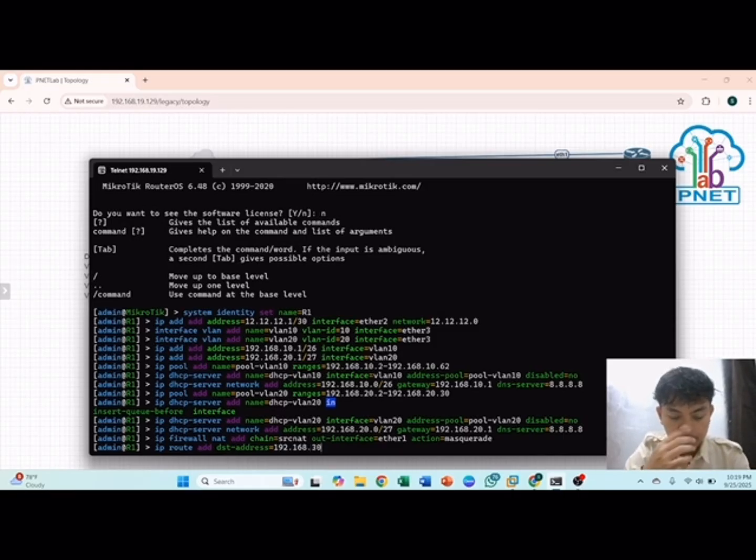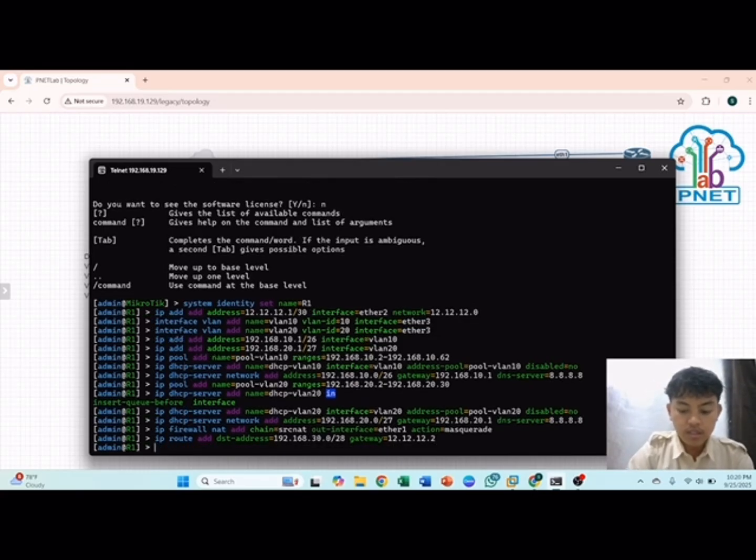The destination address is the IP network, and the gateway is 12.12.12.2, and enter. You can put the same, but change the number.